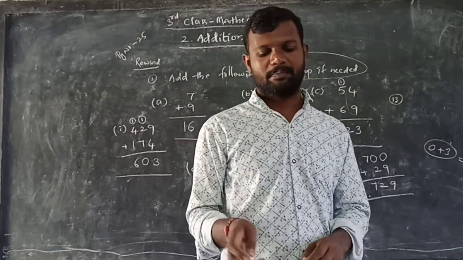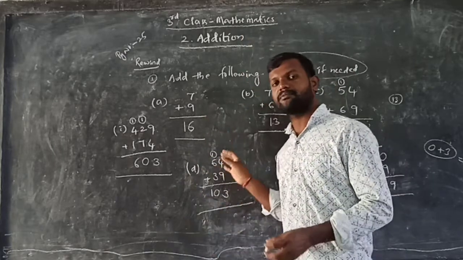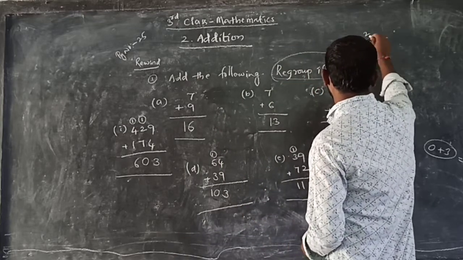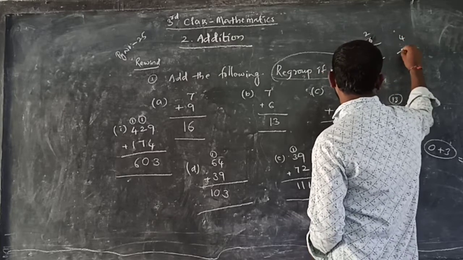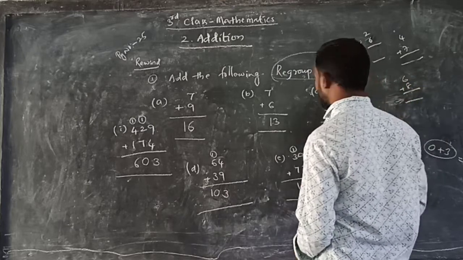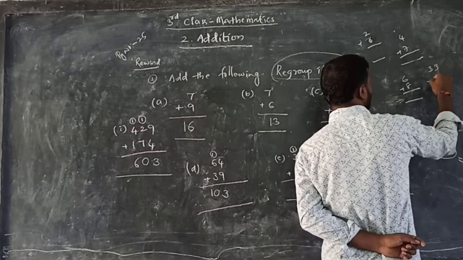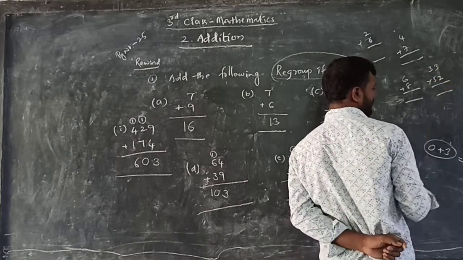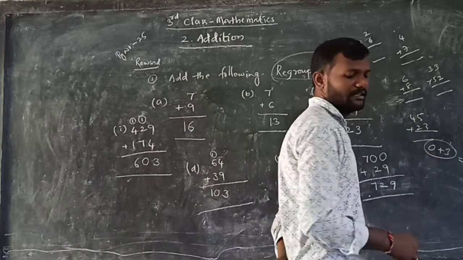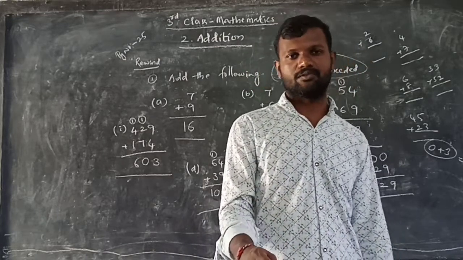Okay, children? Practice the addition problems by yourself. How you have to practice? Take some problems in your own. What example? 2 plus 6, and next 4 plus 7, and next 6 plus 8. Like this one digit problems also you have to take. Now after one digit problems, then take two digit numbers. 33 plus 52. What will be, we will get? And next 45 plus 23. What we will get? Like this, right side additions and solve them faster. After solving that, then start the exercise problems and do them. Okay.